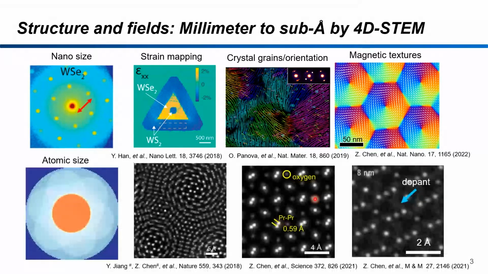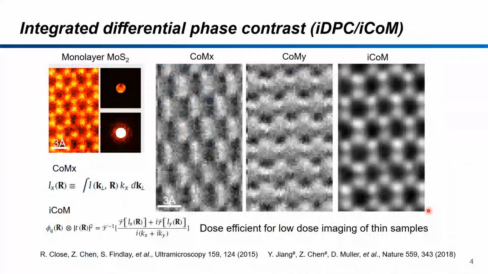So when you focus the beam more and get an atomic size probe, the diffracting disks and center disk overlap, and you can get atomic resolution images. And especially when you combine with some reconstruction algorithms like ptychography, you can improve the spatial resolution to even the lattice vibration limit, and you can get three-dimensional information from this reconstruction. So first,